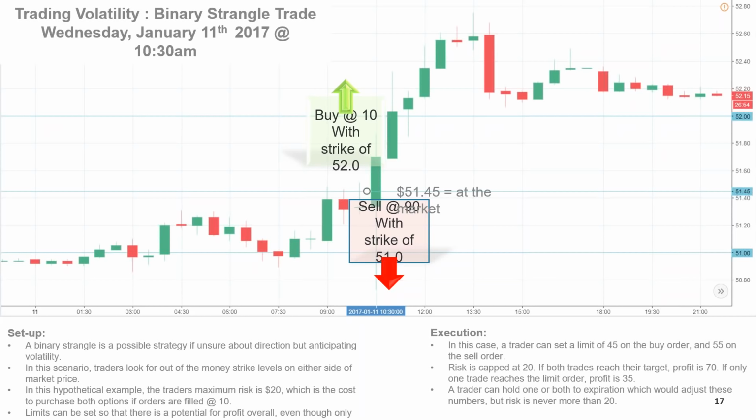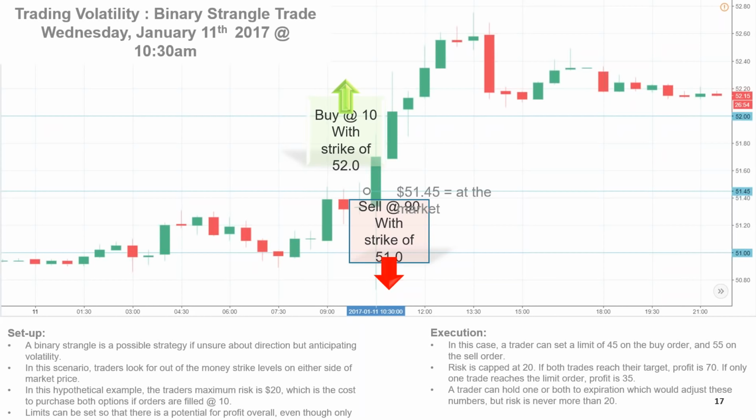So with a strangle trade, your opinion is that the market is going to move, you just don't know which direction. So what you would do is look for strikes on a binary option. You would take strikes on either side of the current market price, sufficiently out of the money so as to require some distance to be traveled, and to allow you to pay a price. Ultimately, what you want to do is buy two options that will be